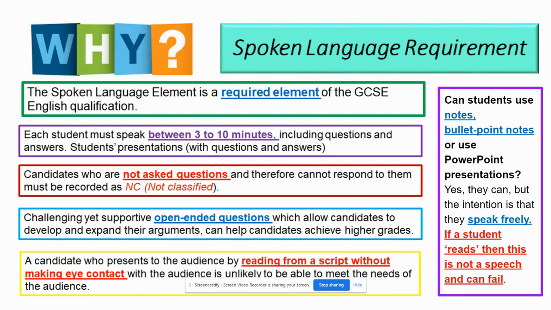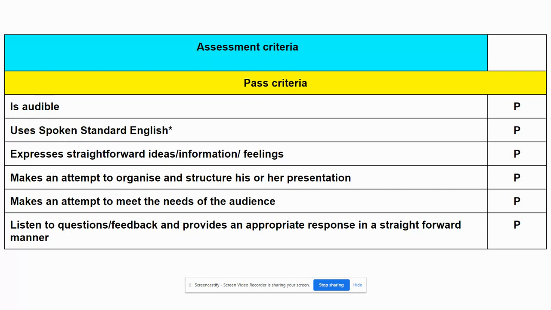Just to go over some of the basic criteria then, it's pass, merit, distinction. They're the 3. So the first grade is pass. There you can see you've got to be audible, you've got to use spoken standard English, you've got to have straightforward ideas. Look at the S on ideas. That means you need 3 or more to pass. With information and explaining your feelings, you need to show that you've organised and structured your presentation. There's a beginning, there's a middle, there's an end. So you welcome people, you finish your presentation properly. You want to try and engage your audience as much as you can, and you listen to questions and